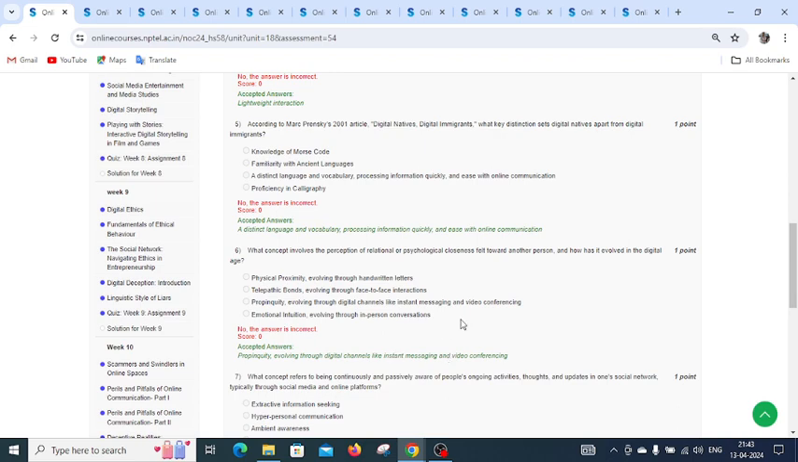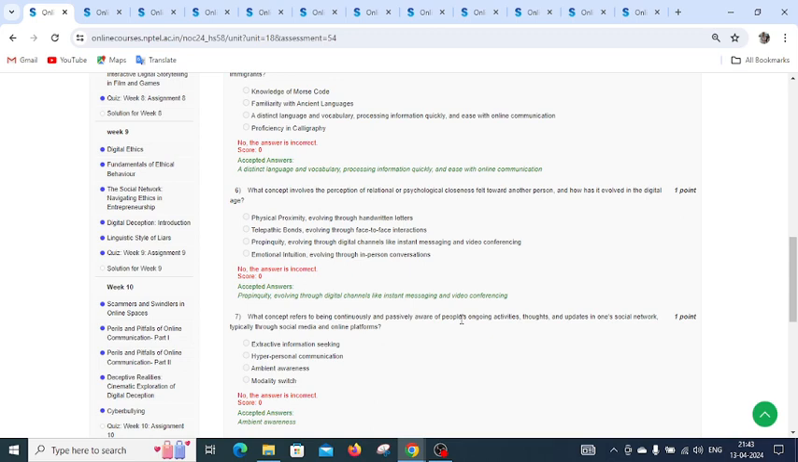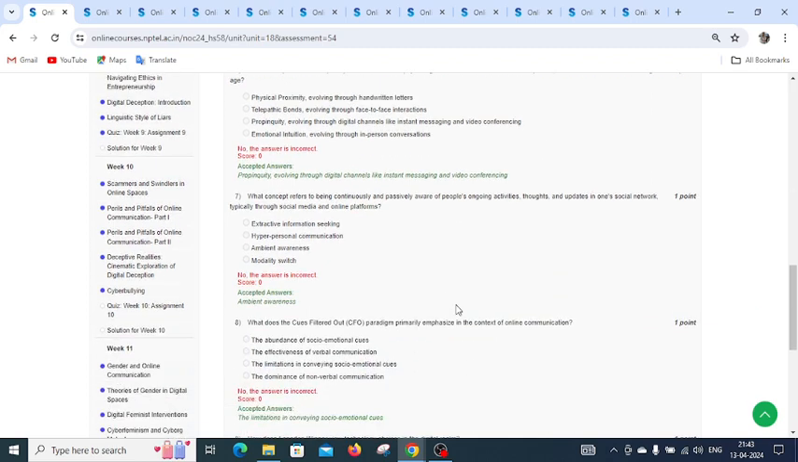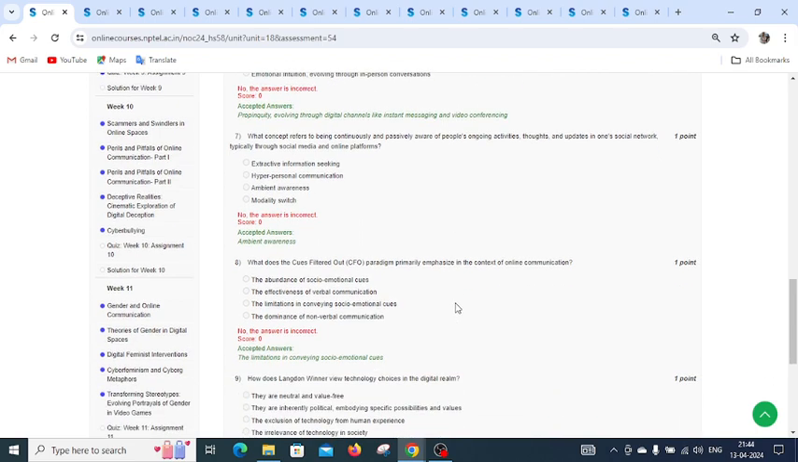Now moving to question number 7, what concept refers to being continuously and passively aware of people's ongoing activities, thoughts and updates in one's social network, typically through social media and online platforms? And the right answer is ambient awareness. Moving to question number 8, what does the cues-filtered-out paradigm primarily emphasize in the context of online communication? And the right answer is limitation in conveying